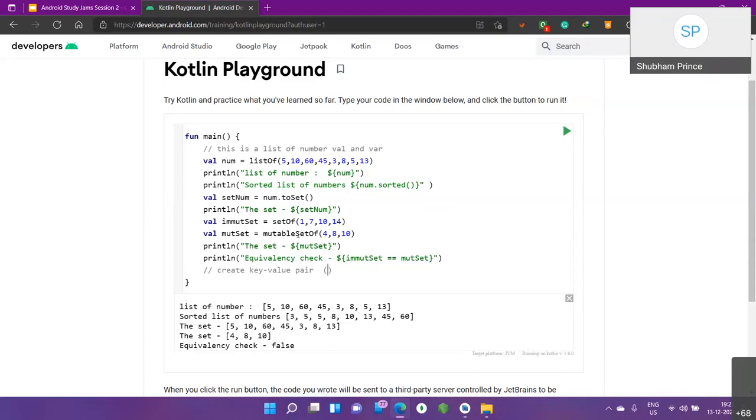For example, if I talk about animals, take animals as our key, and we have some values, say dog, cats, whatever. We'll go with snake. So while we are working with maps or dictionaries, we have to focus on key value pairs, designed to make it easy to look up a particular thing.